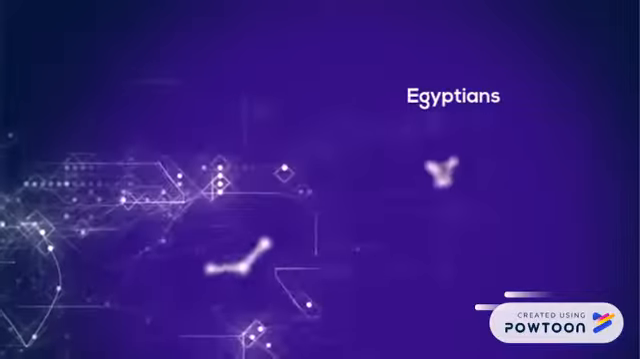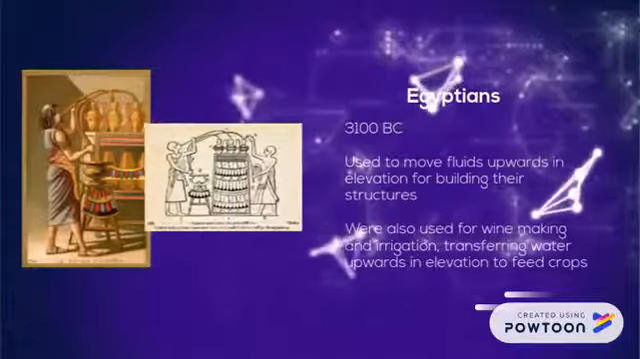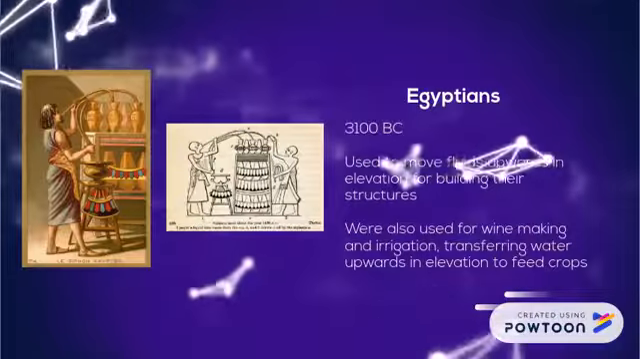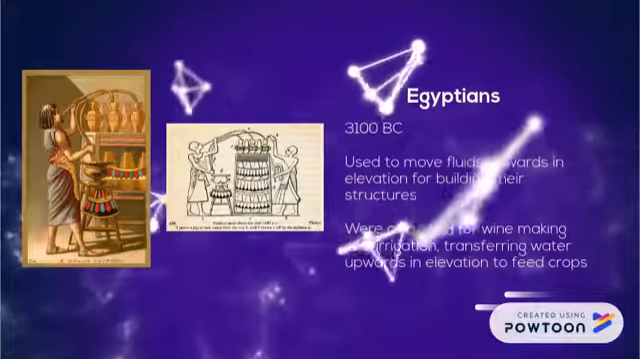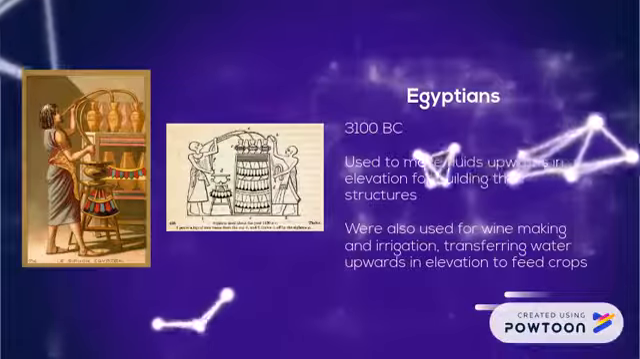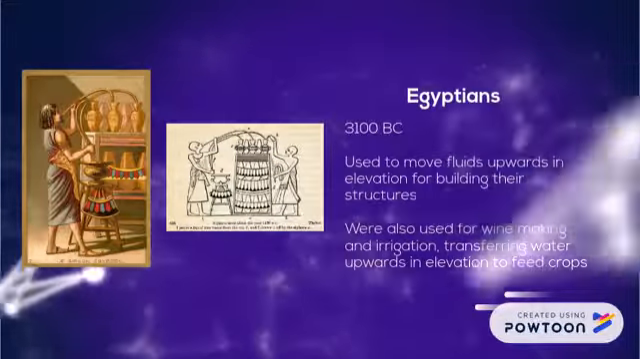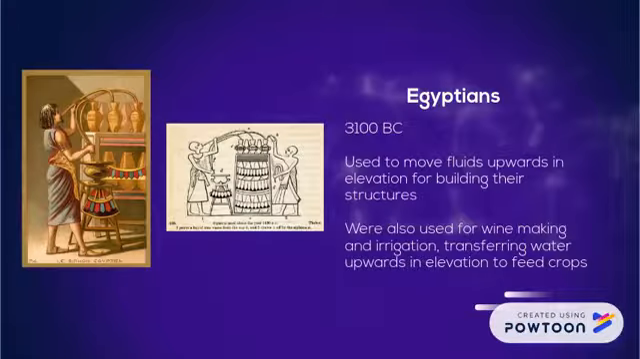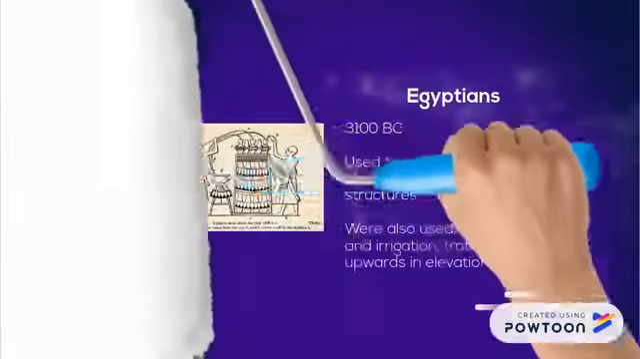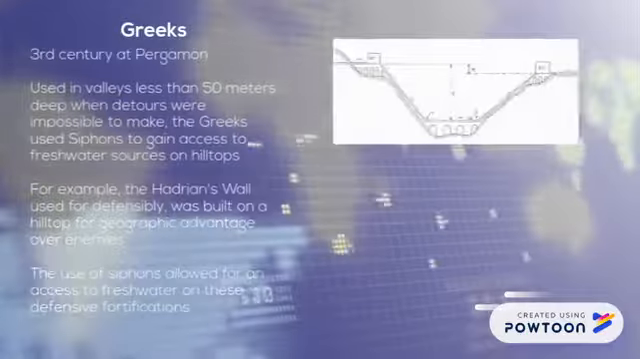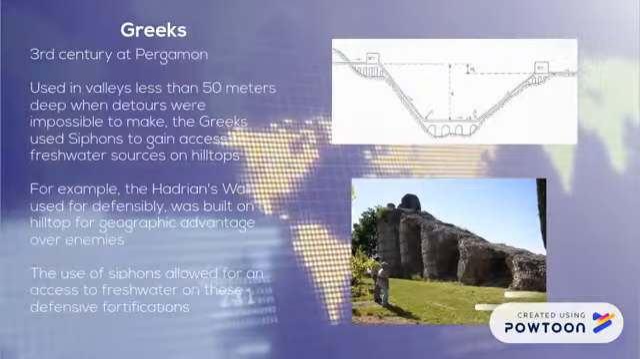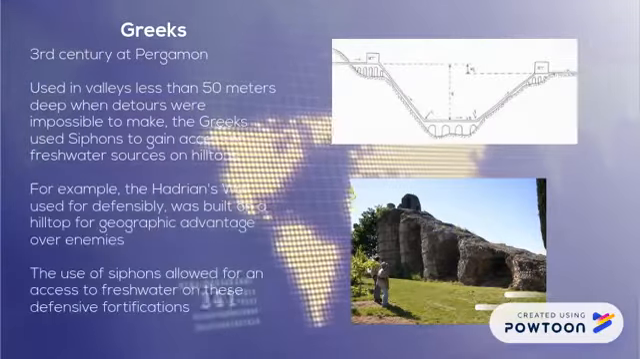The Bernoulli effect siphon dates all the way back to the Egyptians in 3100 BC. They used the siphon to move fluids upwards in elevation in order to build their structures such as the pyramids. They were also used for winemaking and irrigation so that they could transfer water upwards in elevation to feed the crops. The Greeks in the 3rd century were also seen using siphons in valleys less than 50 meters deep, where